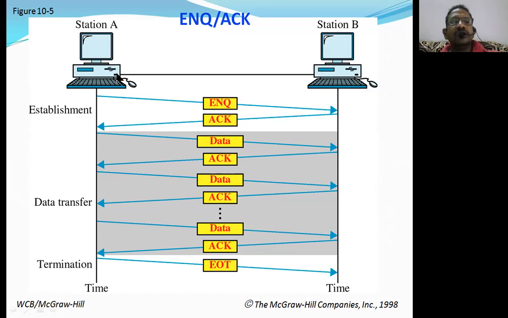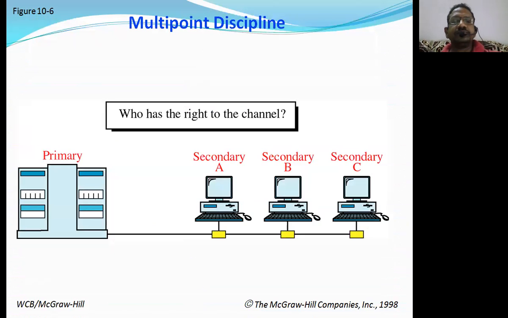Now at the end of transmission, station A sends an end of transmission signal to station B, thereby it releases all the connections which have been made between station A and station B. That means for a long distance communication, the connection is always going to be a virtual connection, and this can be detached very easily.